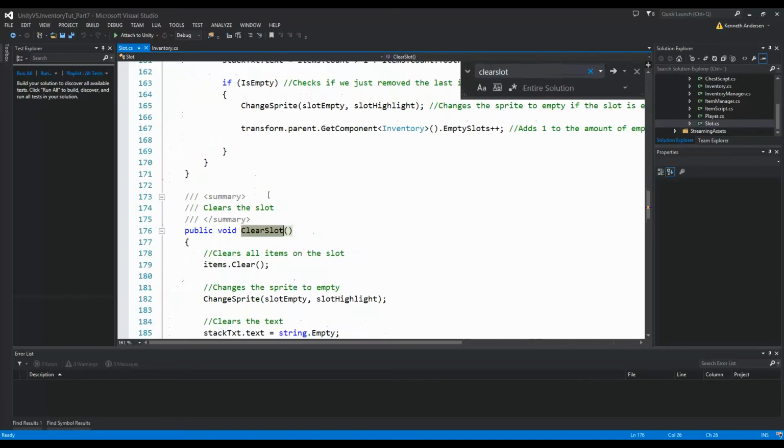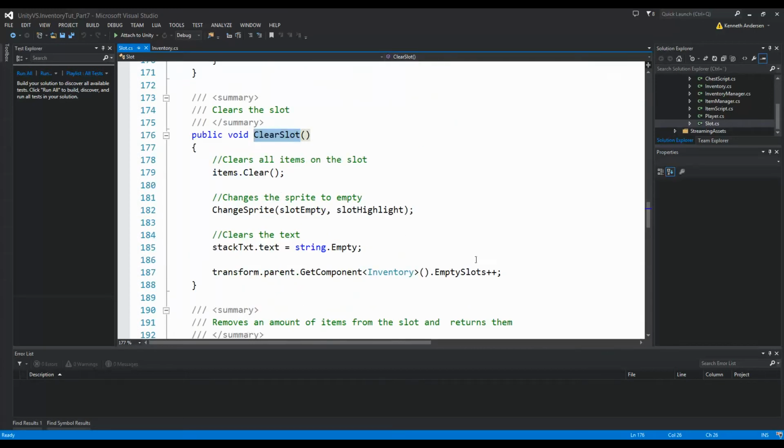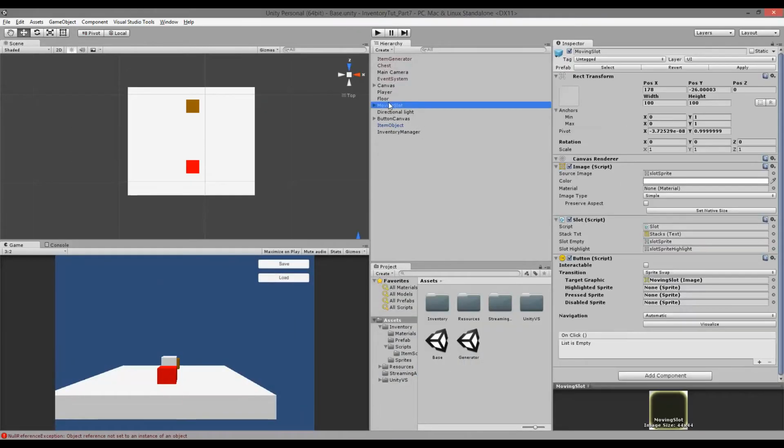So we have this clear slot function here, and in here we are increasing the amount of empty slots, but we are trying to access the slot's transform parent, get component and increase empty slot, but in case we're clearing the hover object or the moving slot here, well, then we're going to get an error because the moving slot is containing all the items that we are moving, but the moving slot doesn't have a parent as the other